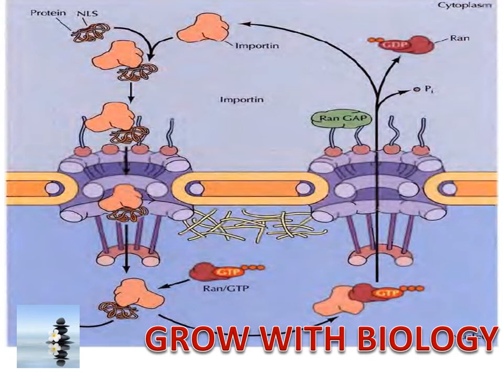Now this is the actual transport of the molecule. I have told that RAN GTP is required for the transport. If RAN GTP is present inside the nucleus, then only importin can bind to it. Moreover, importin is required to move out to take the protein from the cytoplasm and import it back to the nucleus. But for this, importin has to move outside to the cytoplasm, and the movement of importin to the cytoplasm is only possible if there is RAN GTP.